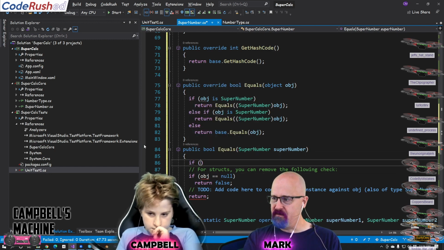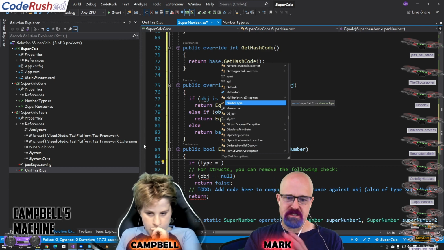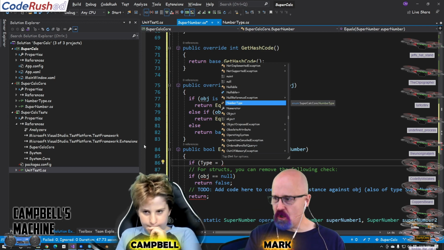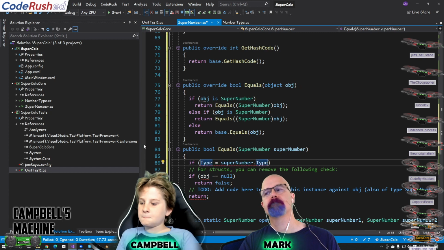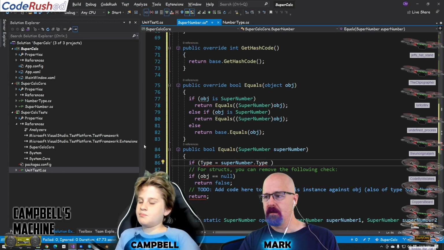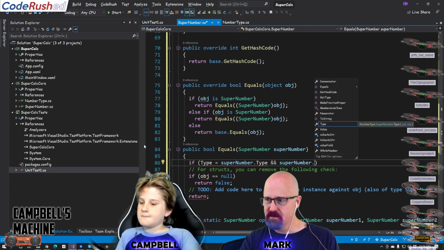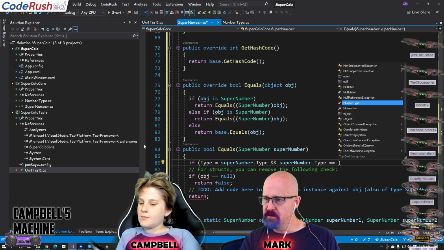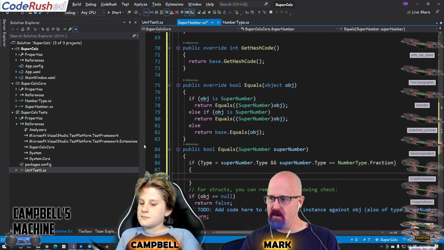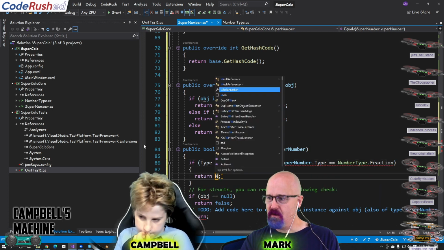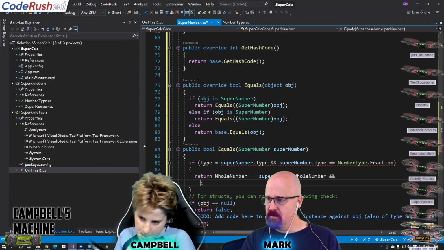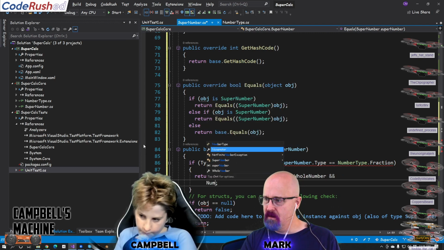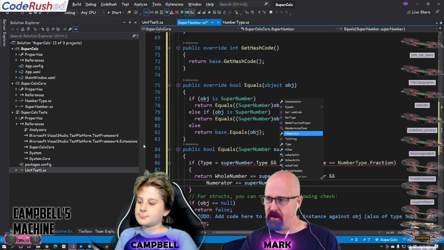We're going to say, hey, look, if the type that we're in, remember, this is a method. This is a method of the instance. So I can call type right there. If type is equal to SuperNumber.type, so if they're both equal, and they're both fractions, and the type is equal to NumberType.Fraction, then we want to compare the whole number. Then we want to basically say, hey, look, the whole number is equal to the SuperNumber.whole number, and the numerator is equal to the SuperNumber.numerator,